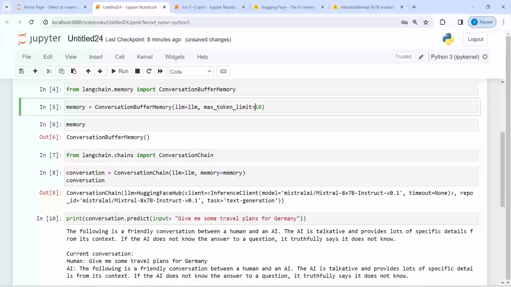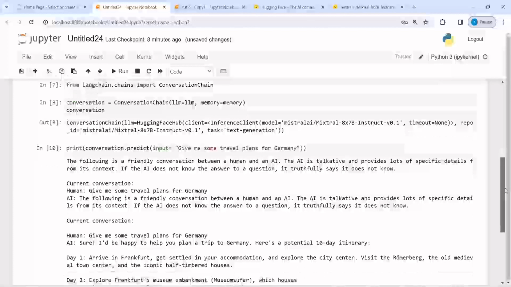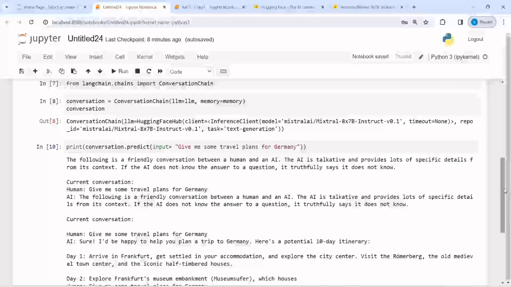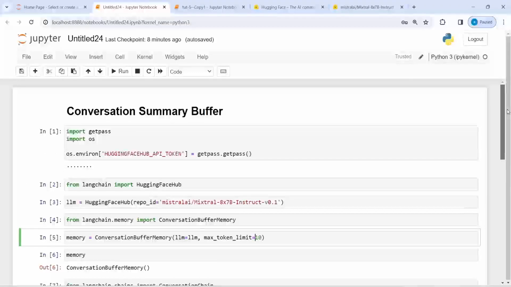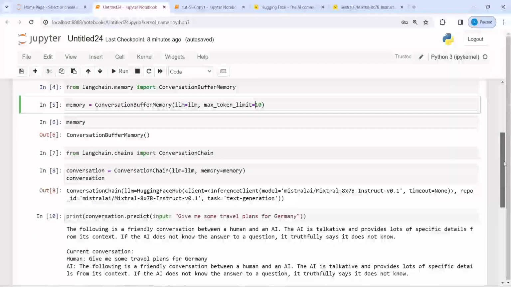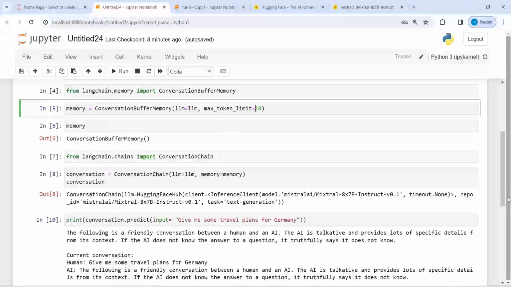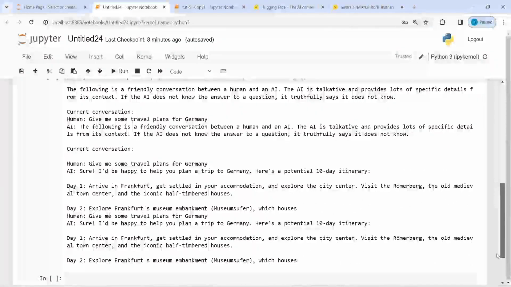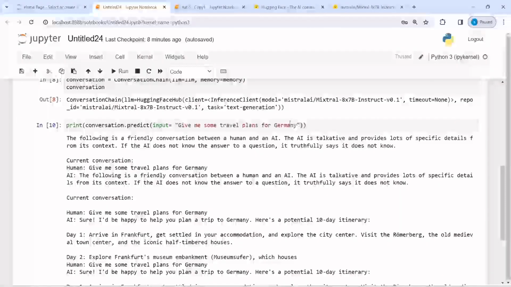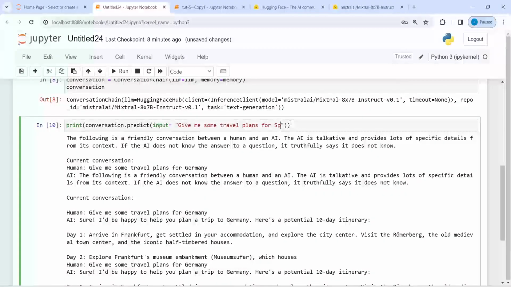So if you increase the token limit, you will get more details in your conversation. And not only this, but you can pass any conversation or any input you want here. This is the basic idea of this conversation summary buffer. It gives you a summary of your conversation, and since it uses an LLM, it provides you a detailed overview of the input conversation that you pass. So if I change from Germany to, let's say, Spain,